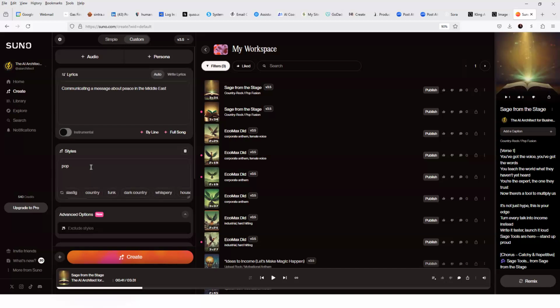And when we're describing the styles, you can actually give it more information, like I want a lot of piano in there with some guitar riffs or something. And like I said, if you don't like the lyrics that it comes up with here, you can have them generated elsewhere, such as in ChatGPT or whatever, to really put the lyrics that you want. But let's just hit create and see what it comes up with.